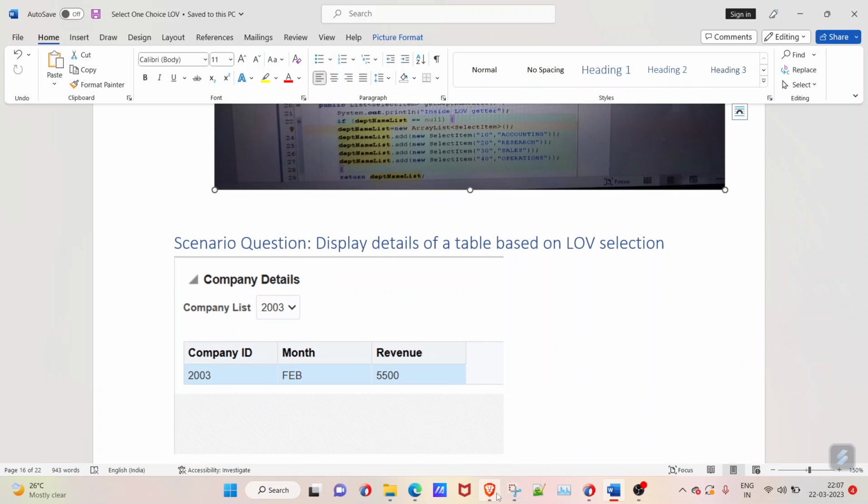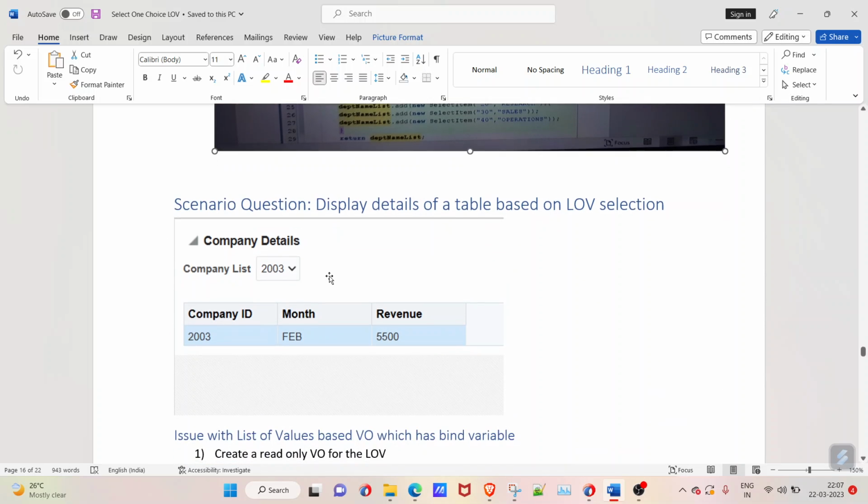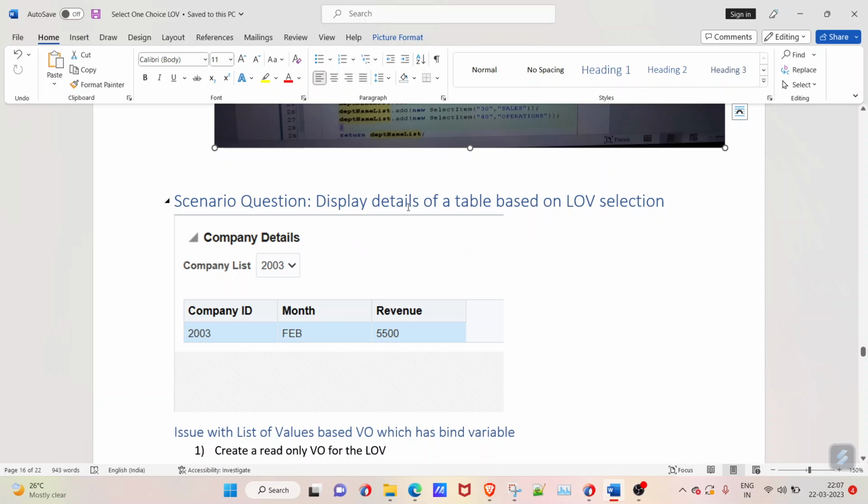So I have my, this is one of the scenarios. This is like you'll have to display the details of a table based on a LOV selection. For example, I have a company list here. Once I select any of the company IDs from this particular list, the company details should be available here. So in order to do this,